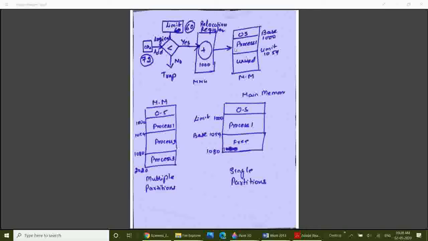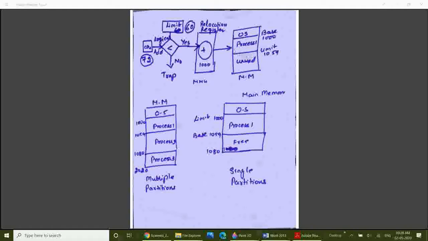So if you want to access the instruction and the data from this location where process P1 is present, then this condition should be satisfied. Always the logical address should be smaller than the limit. So assume that the logical address is 50. Obviously it is smaller than the limit register. So 50 would be added to the relocation register, and it would be 1050. Then 1050 is in the given partition, where process P1 is present. So at that location, whatever instruction and data is there is extracted and sent back to the